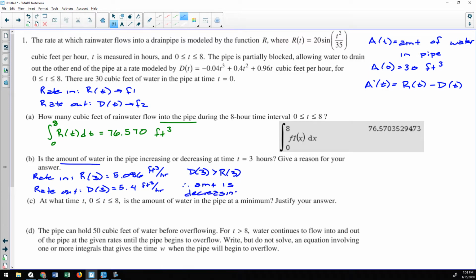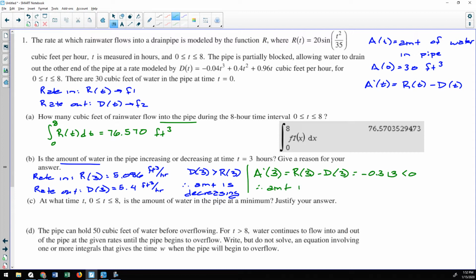All right, the other way we could do this one, and this is because I have defined the overall amount as A of t, and they are talking about the overall amount, is I could find A prime of 3, which I have defined the overall rate of change as R of t minus D of t. So A prime of 3 would be R of 3 minus D of 3, and if you do that, you will get an answer of negative 0.313. That is a negative value. If a derivative is negative, then that function is decreasing. Therefore, my overall